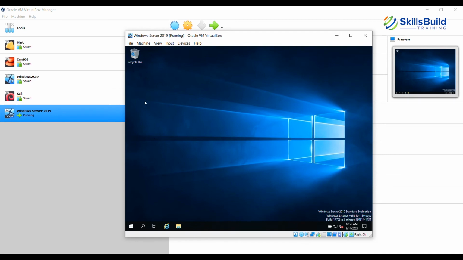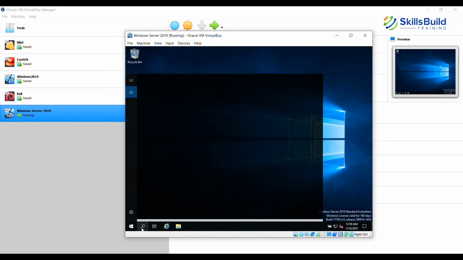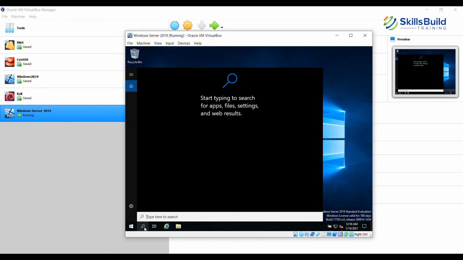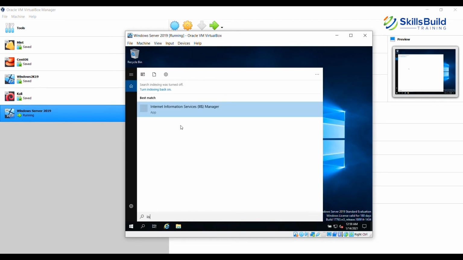So there are certain features like, if you click on this icon, which is this particular first icon, you can basically search for the applications here. If I simply type IIS, it should give me an option to search for IIS within this. It should basically list down IIS Manager. So there you go. I can invoke it from here, or I can invoke it from the start menu. Then, okay, let's just close this.